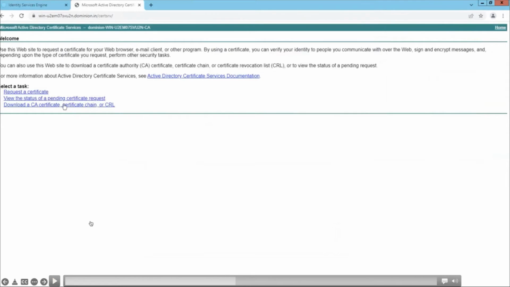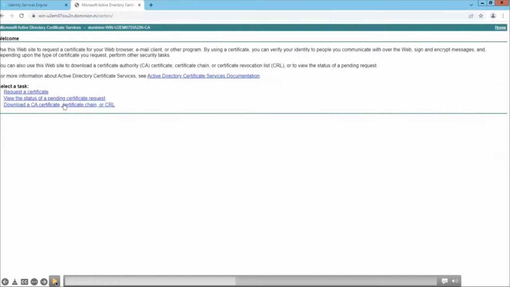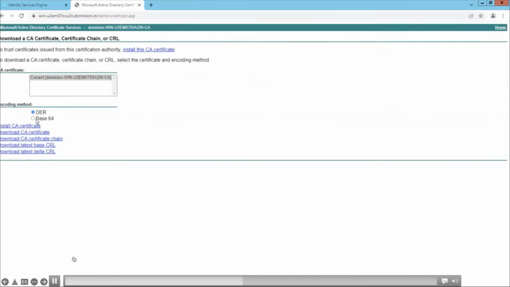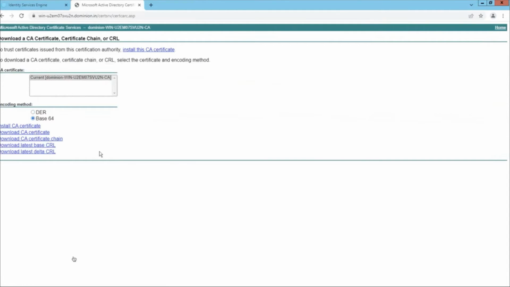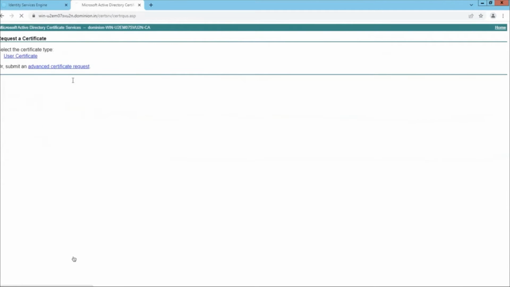And I'm going ahead to the certificate authority. The certificate authority, let's download the certificate authority certificate itself first. Download it in the base64 format. And let's go back to the home page to generate a certificate based on the CSR that you have generated